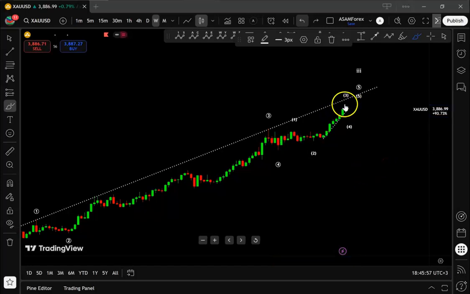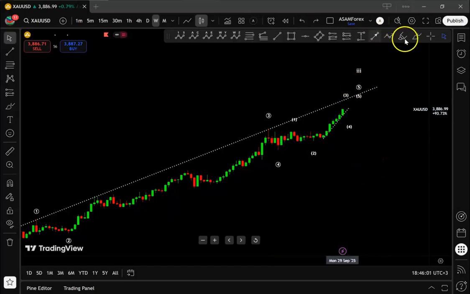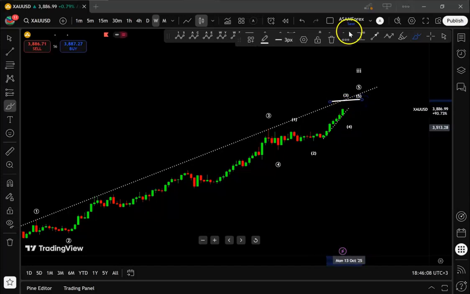But going more specific in lower time frames, we will see now how far prices are pushed to the upside before forming fourth wave to the downside. So lower time frames will tell us that. But more general, we may expect the price is going to rise up to these levels up here.